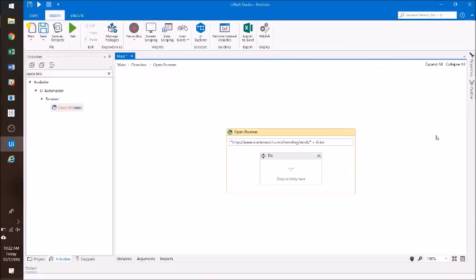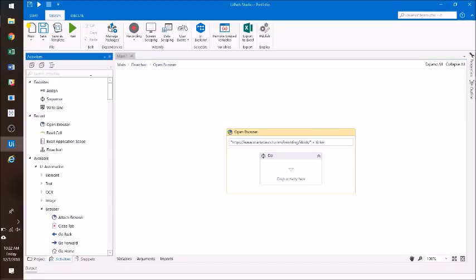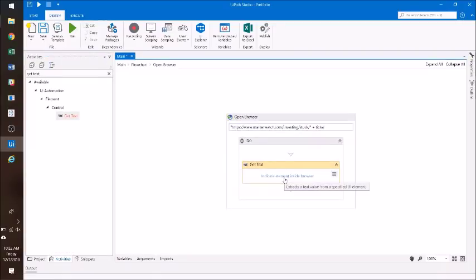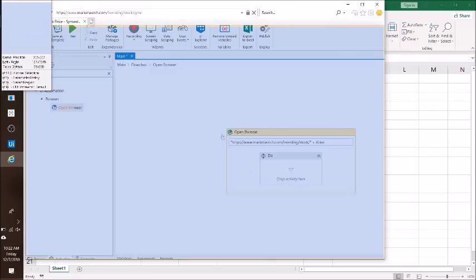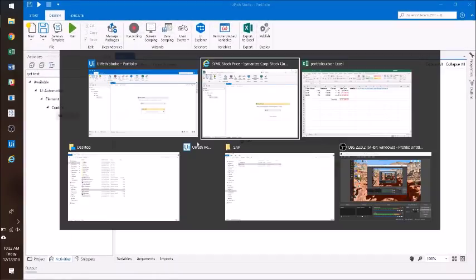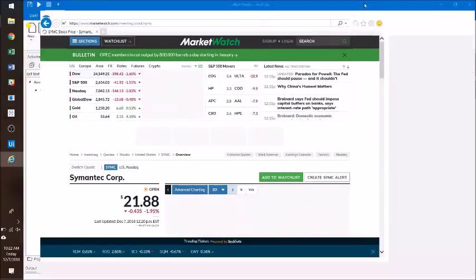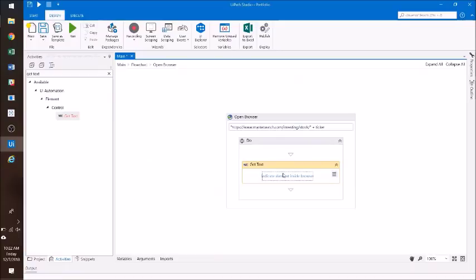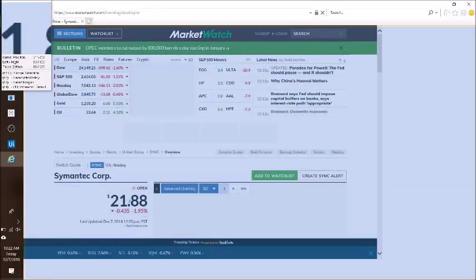As that loads, I'm going to extract the text in a specific box, the current stock price. So I'm going to do a get text activity, drag it in here, and indicate element inside browser. Now, we want Internet Explorer open. This is the current stock price right here. I want to get that. So I click indicate element inside browser, and